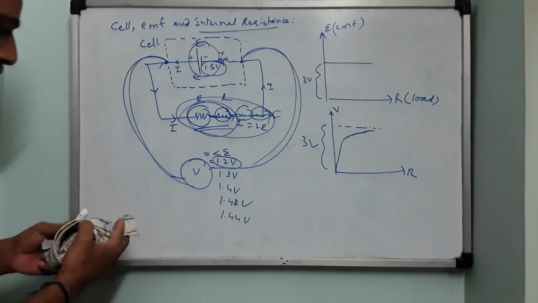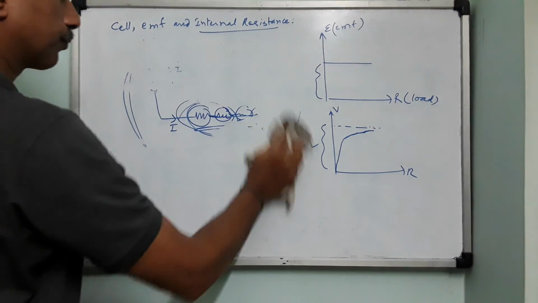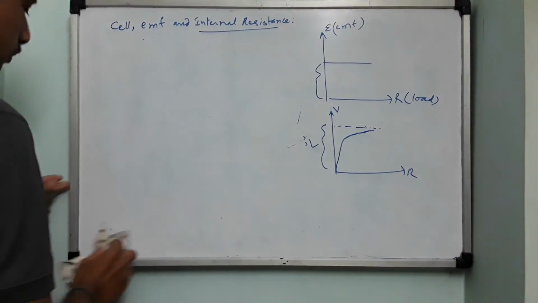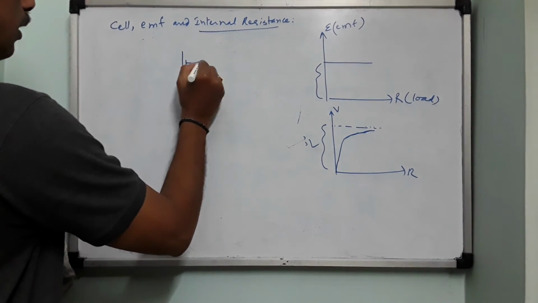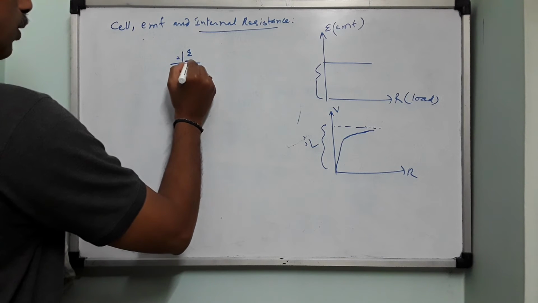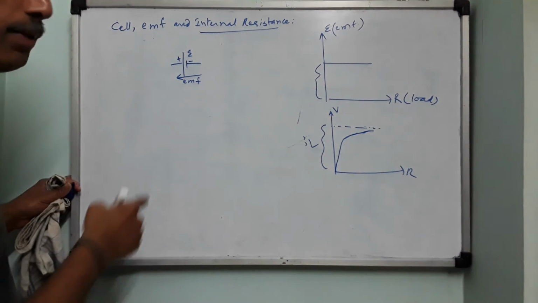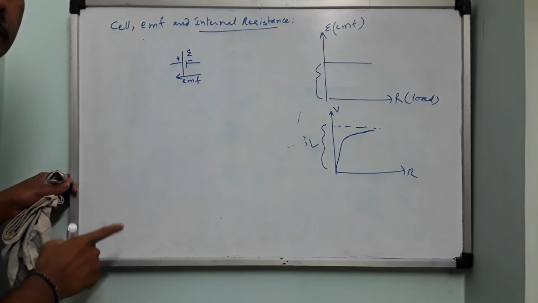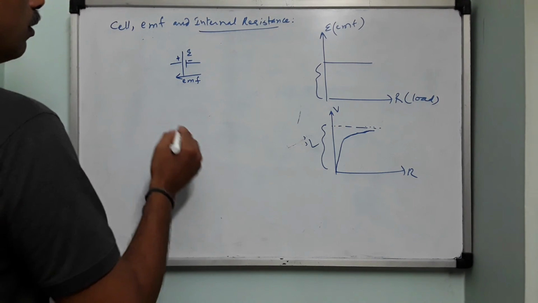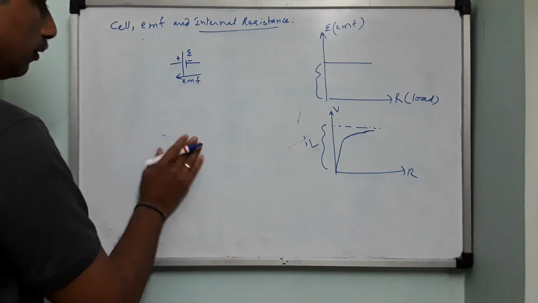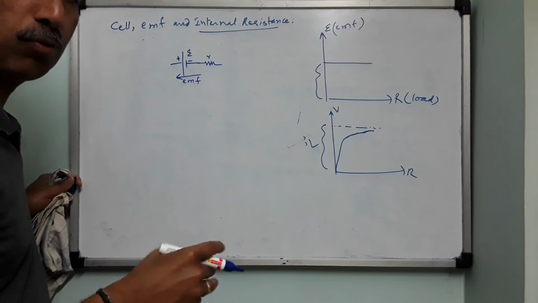So now we will describe this situation in the form of a mathematical expression. Same diagram I will draw it again. The cell of EMF E, positive electrode, negative electrode, this is the direction of EMF. So as and when you draw a cell, remember children, you draw like this. It means that inside the cell the direction of EMF will be from negative electrode to positive electrode. Outside it is from positive to negative. Now it has got a small internal resistance r. This r can be 1 ohm, 2 ohm, 3 ohm.